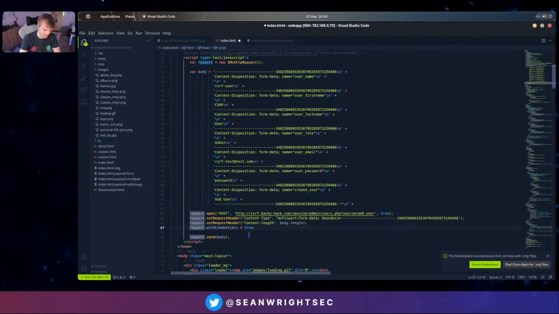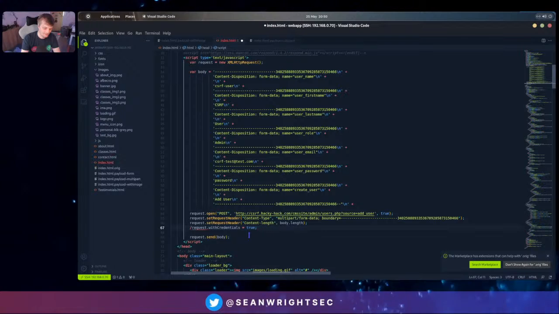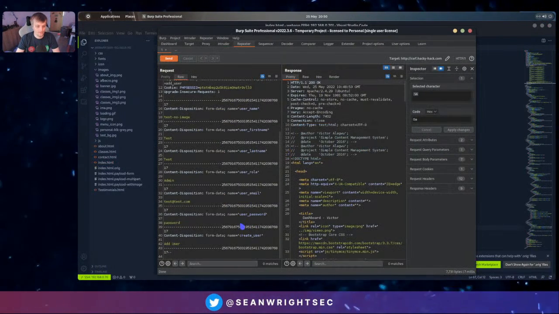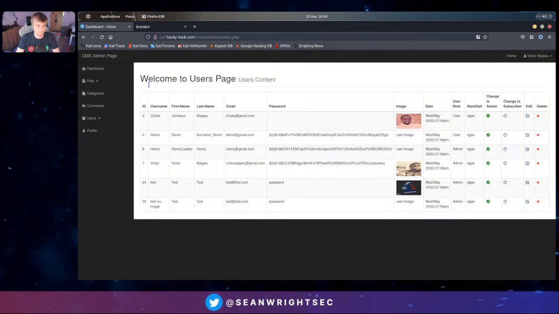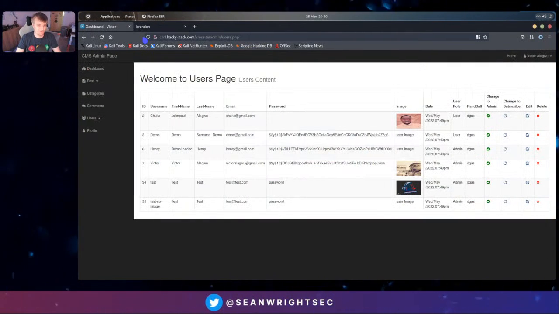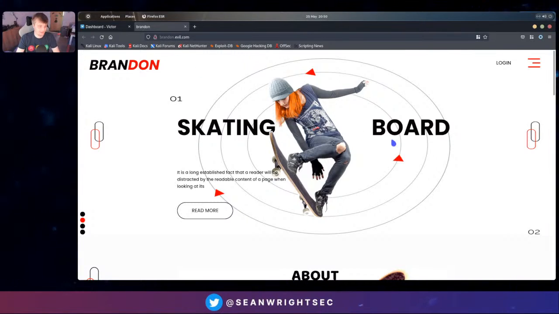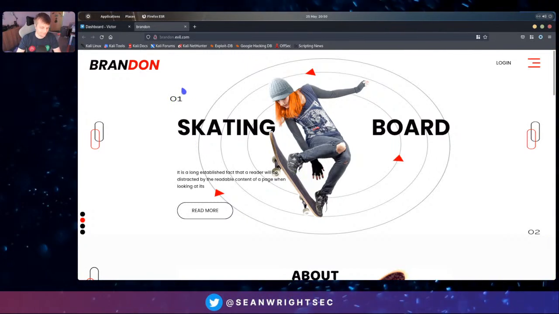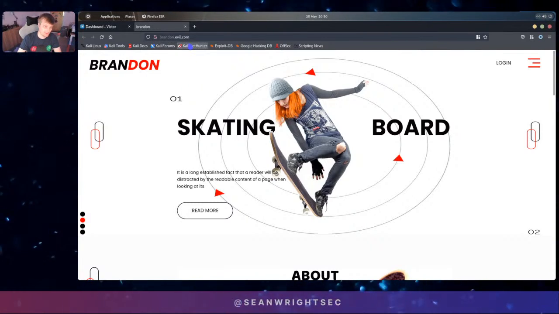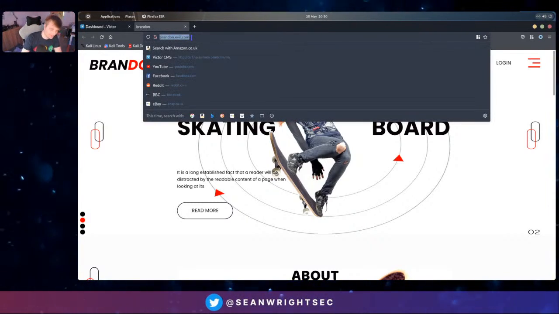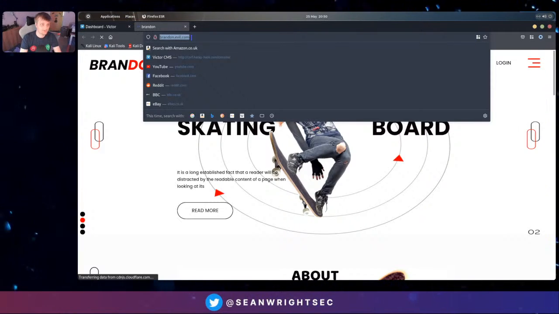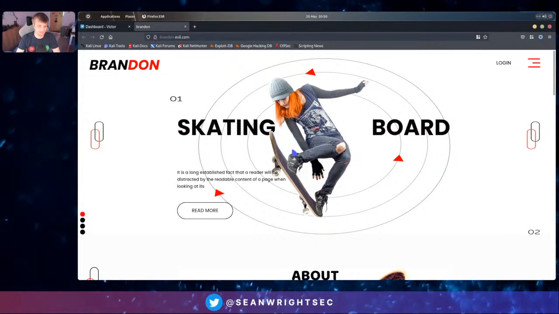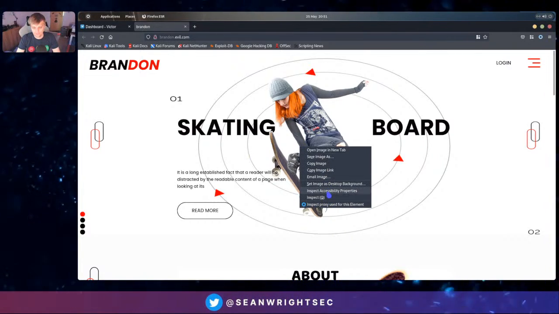So what we could actually do is comment it out, and we'll see the request being sent without it. What an attacker would do is get the user to visit their site, like, hey, look, come see cool skateboards or whatever, and away they will go. So I just want to make sure I load this. You need to make sure you do a hard refresh, because this is a static site, and we can actually